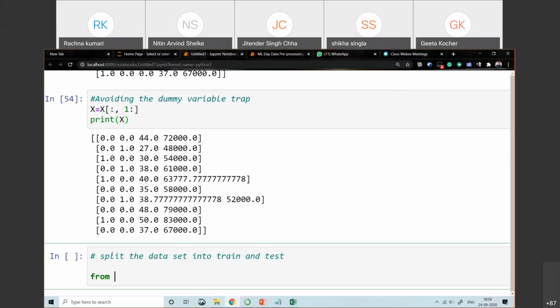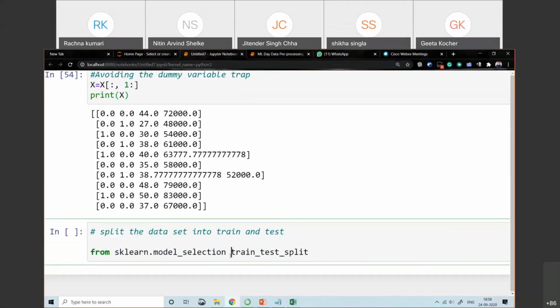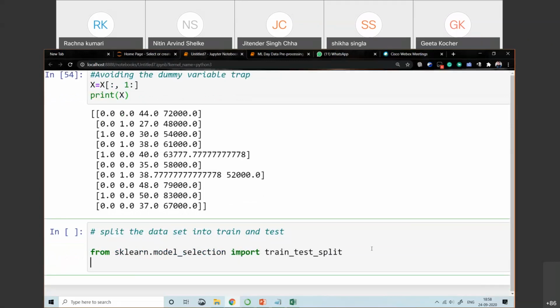Okay, from sklearn.model_selection, what we need to import? train_test_split. This is the name of my class. We need to import it, right? Import the train_test_split class.